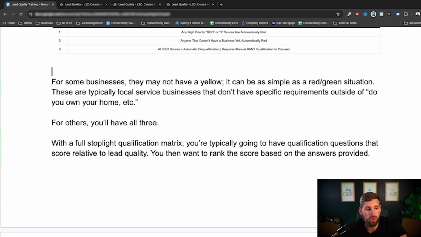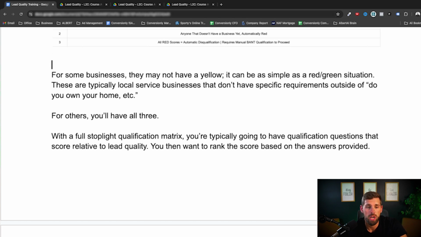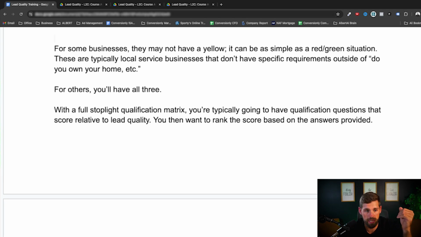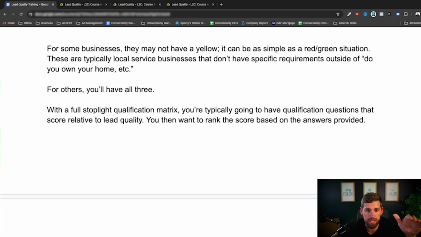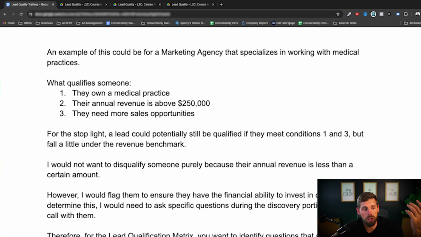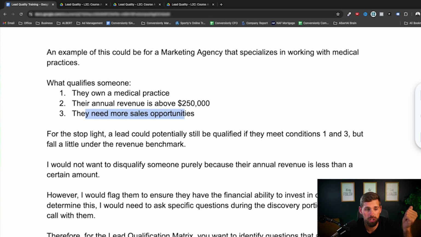So with a full Stoplight qualification matrix, you're typically going to have qualification questions that score relative to the lead quality. You then want to rank the score based on the answers provided. What qualifies someone for a marketing agency that specializes in working with medical practices? They own a medical practice, their annual revenue is above $250,000, and they need more sales opportunities. That means they have a need, they have the financial ability to work with us, and they fit our target